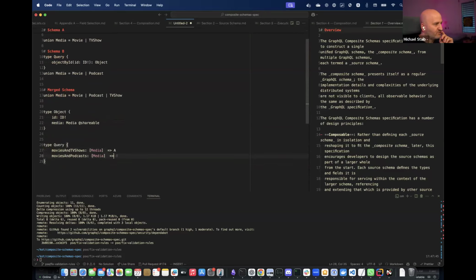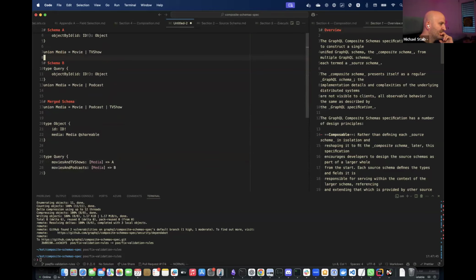The question is not to necessarily say it should be an intersection, but maybe in the case that this is used as a shareable, and you have this discrepancy between multiple subgraphs, then at least give a warning, because maybe people don't even realize that they run into this issue. Sachin?